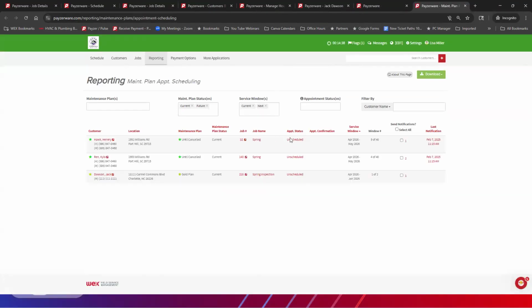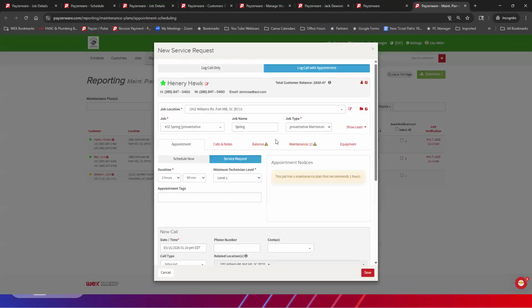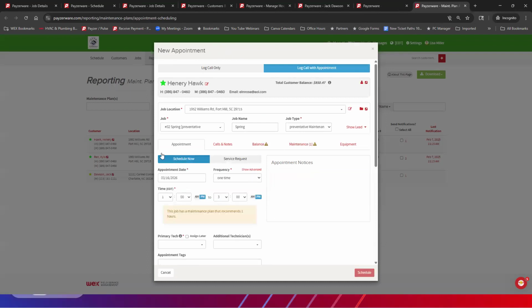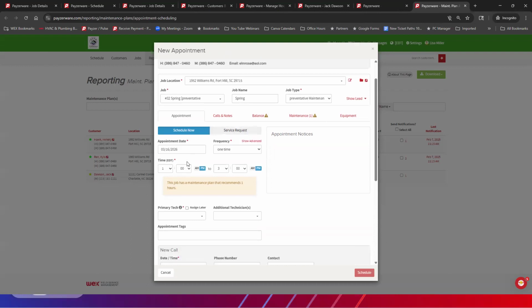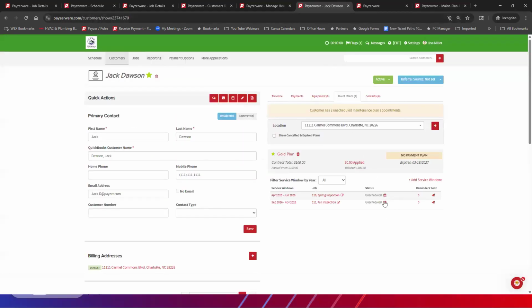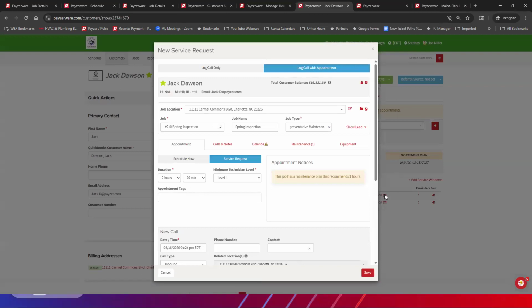And where it says unscheduled here, these are your service windows for your maintenance plan. It brings up the regular appointment. You can schedule now or do a service request to put it over there to drag and drop when someone's in that area, or you can go ahead and schedule now. And if you schedule from here, or from here, it brings up the same window,